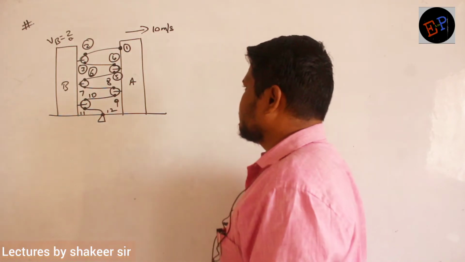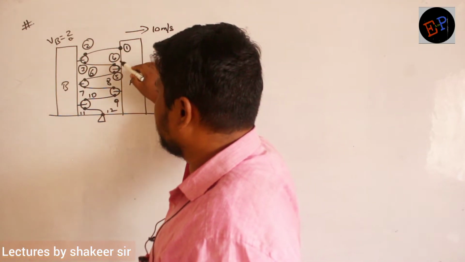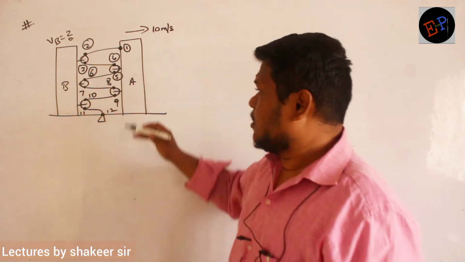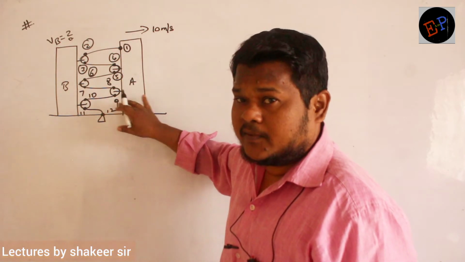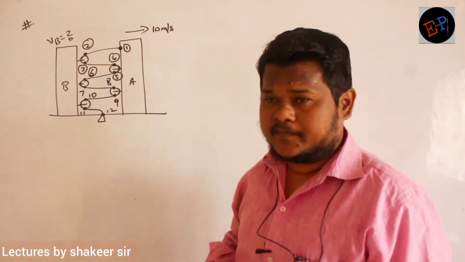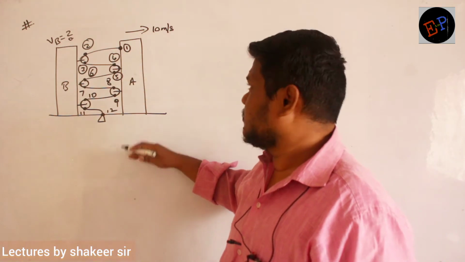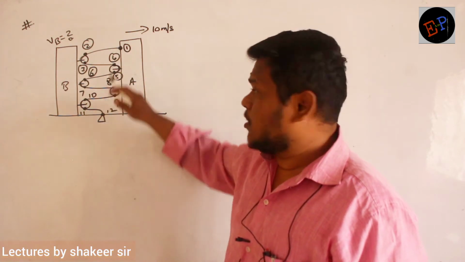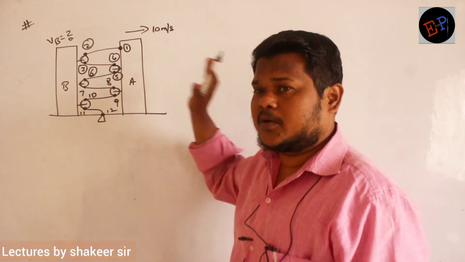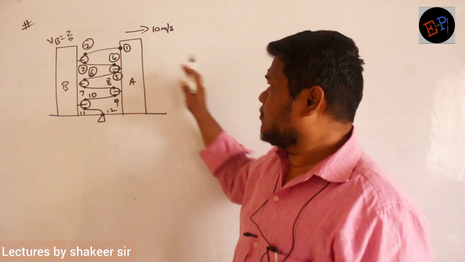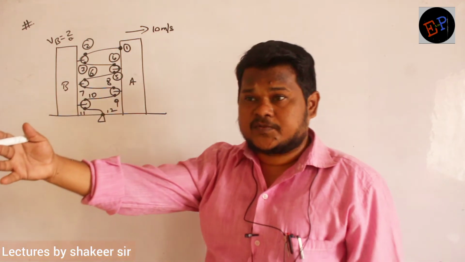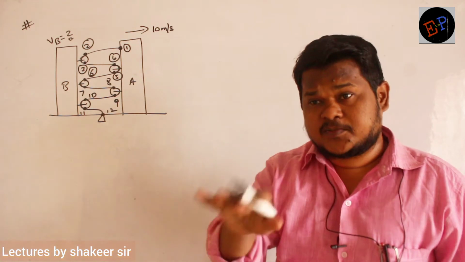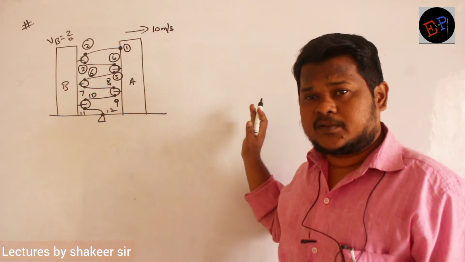Now if you see, velocity of point number 1, point number 4, point number 5, point number 8 and point number 9. All the points which are connected to block A will have the same speed, no? Which are the points which are connected to block A here? Point number 1, point number 4, point number 5, 8, 9. All of them are connected to pulleys which are again connected to block A. If block A moves with a speed of 10, pulleys also will move with a speed of 10 only. If pulleys move with a speed of 10, points also move with a speed of 10 only.